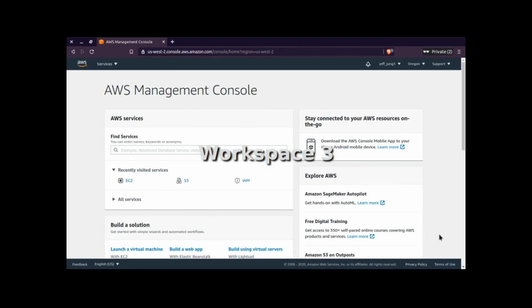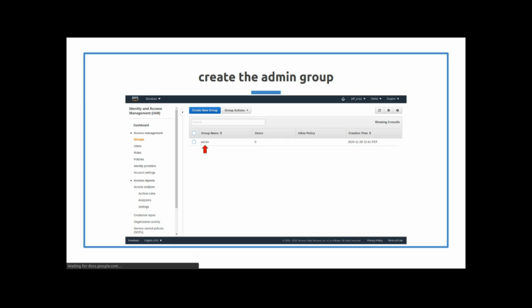So let's do that in the AWS console. Just before I move on, I want to say what's going to happen in between looking at these screenshots and going to the live demo. When I go to the live demo, I'll be playing some music so you know when I'm in the demo and when I'm on the slides. So let's hop into the demo and see the process of creating a group.